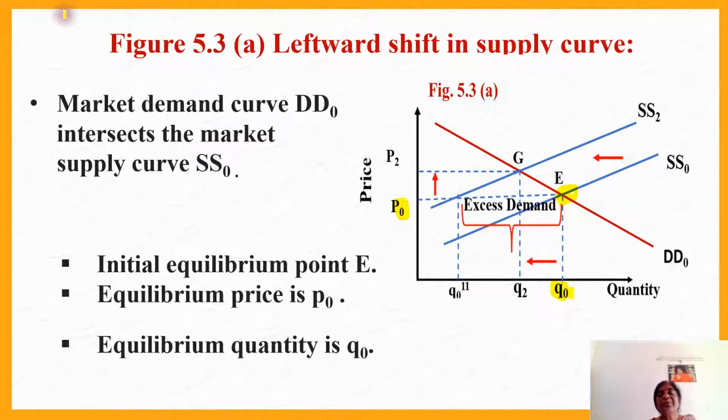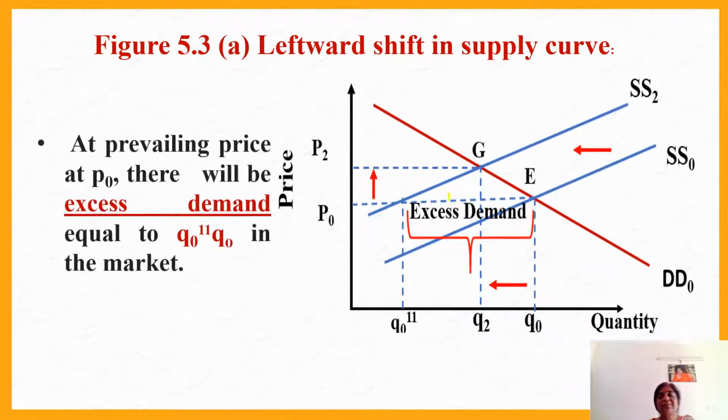But we have to compare, at this initial equilibrium, what happens at the P0 price before shift and after shift. You can see in the next slide, the same diagram, but to make it clear, I bring it to the next slide. At P0, at the initial equilibrium, quantity demanded is Q0. But at the same P0 price, after the shift to SS2, you can see this supply curve intersects the price line P0 here. Therefore, what is the quantity supplied here?